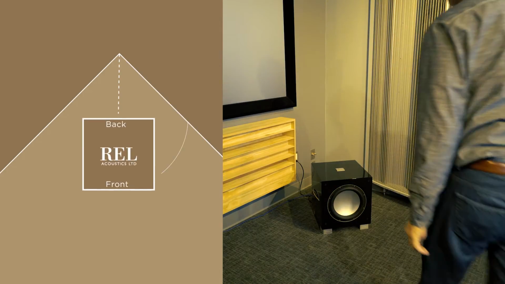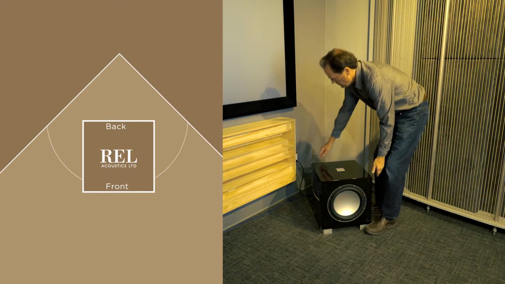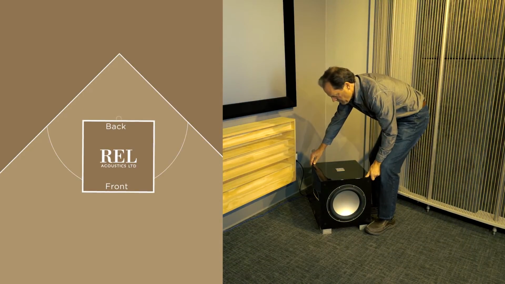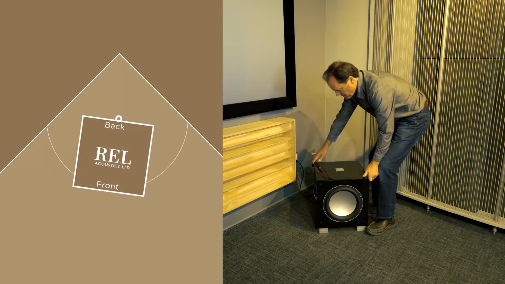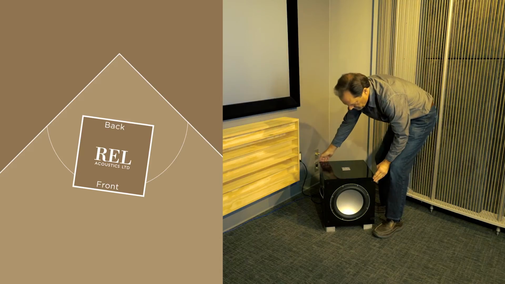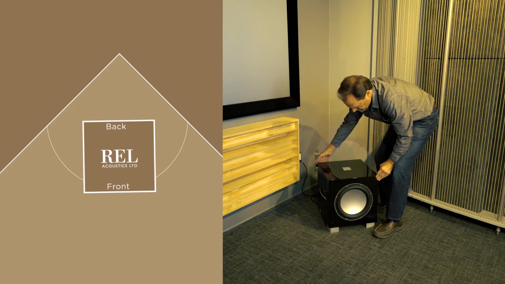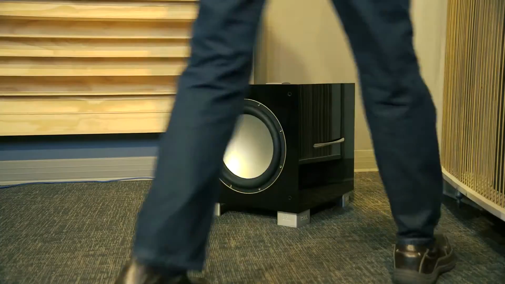In this video we'll be discussing orientation of your REL subwoofer. Once the position from the corner has been established, the orientation of the subwoofer must be determined by rotating the REL from an imagined center point at the rear of the REL. As the REL is rotated from one side to the other, listen for the greatest level of output when sitting in the listening position. In effect, the REL should be left in the position where it's playing the loudest and